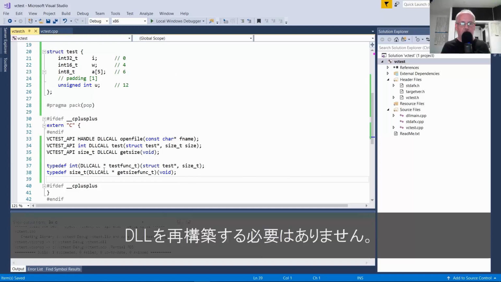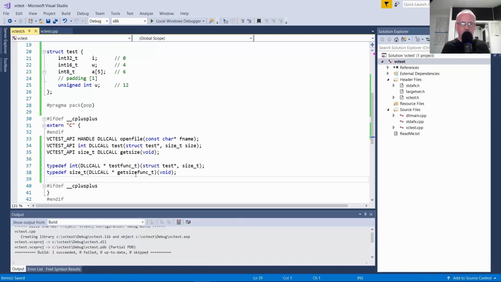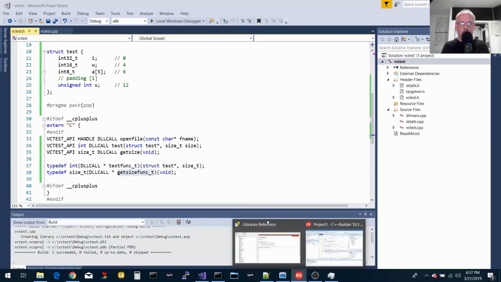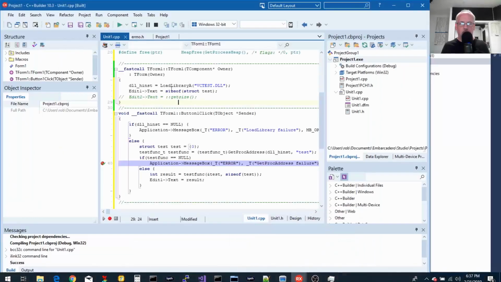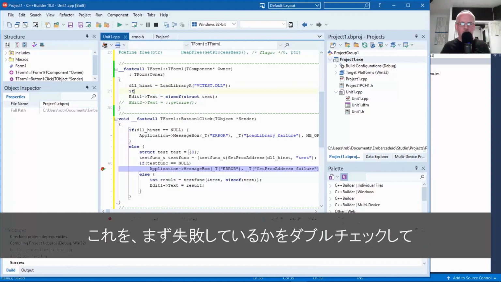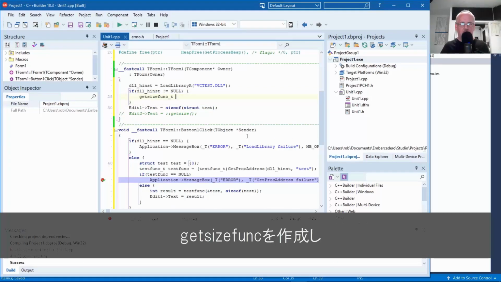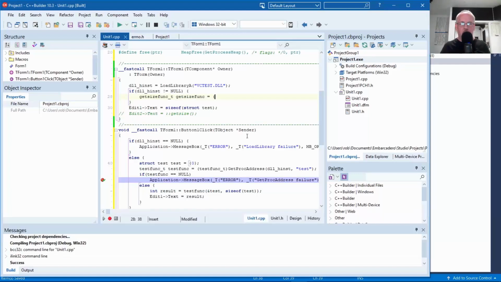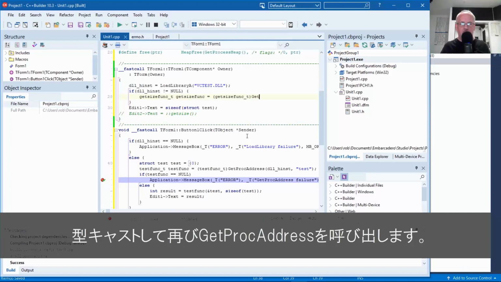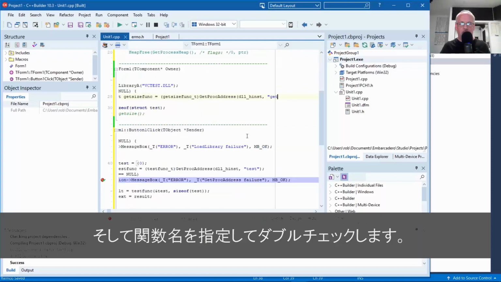And we don't have to rebuild the DLL. This is only for use in the application, the C++Builder application. So get_size_func_t. So we're going to double check that didn't fail, and then we're going to create a get size func type, and then call GetProcAddress, and then the name of the function.